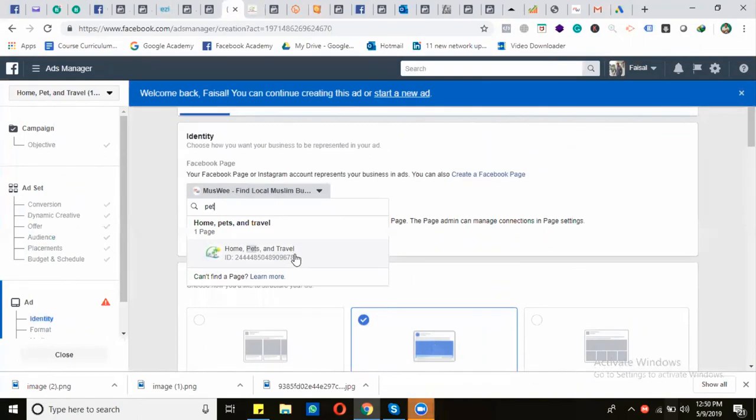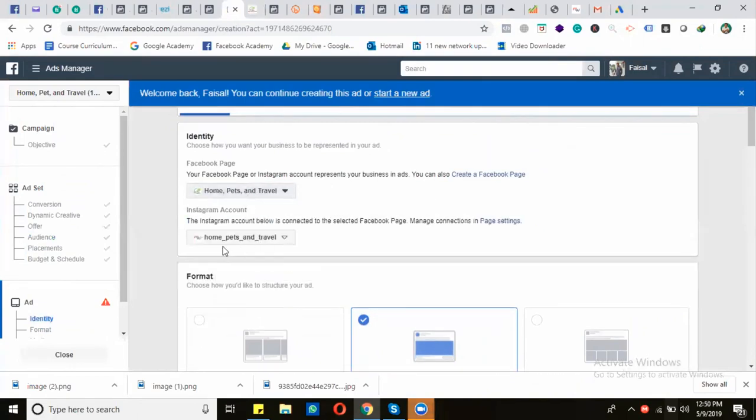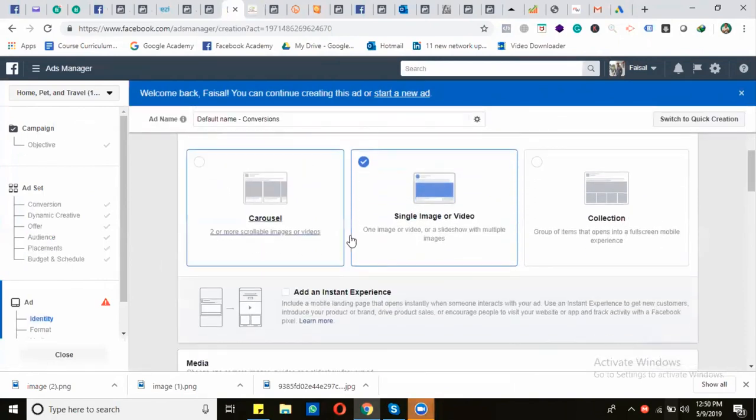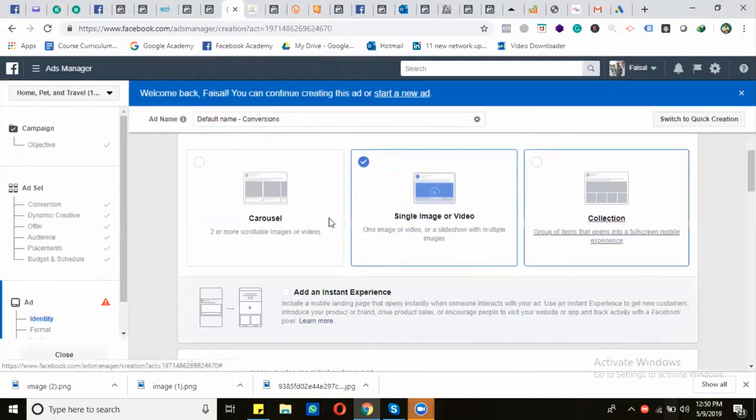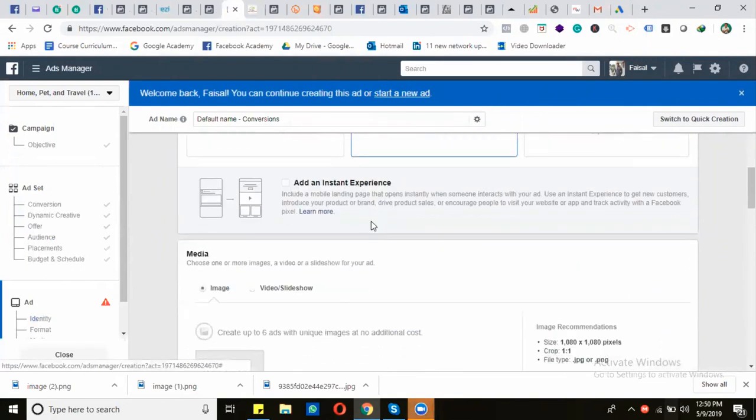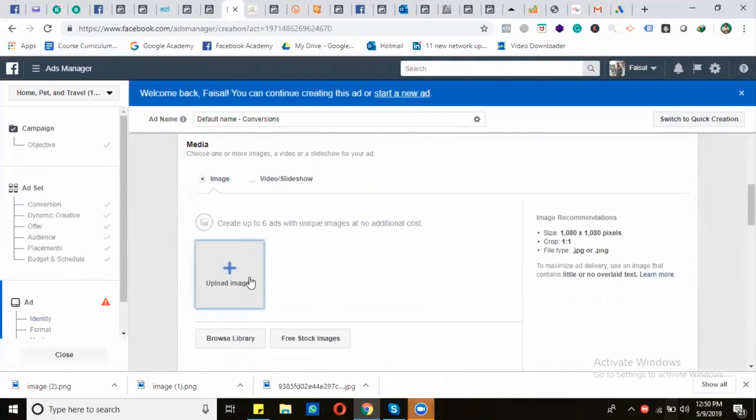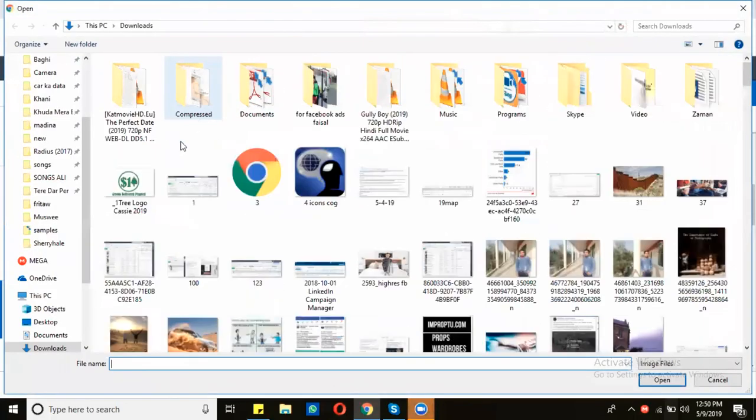So this is your page. Select this page, and the Instagram account is already selected. Next, it will ask for the format: carousel, single image or video, and collection. We will go with the single image or video and put a single image. So from here, upload the image.